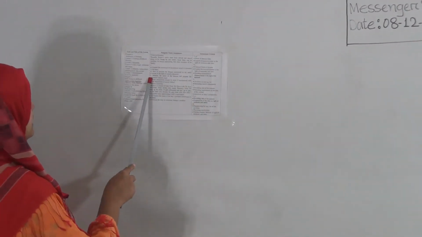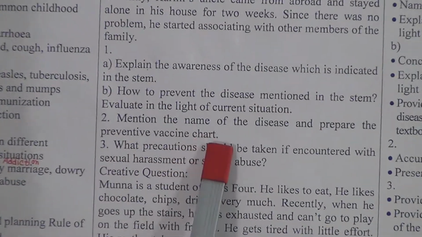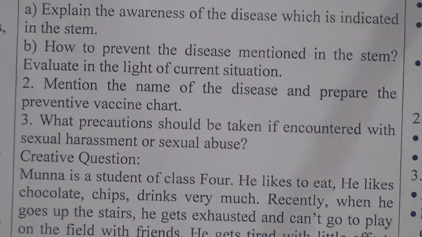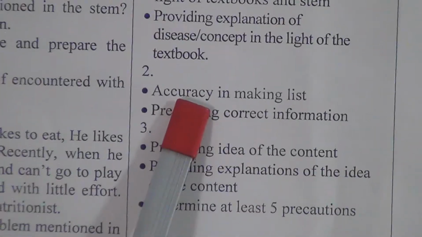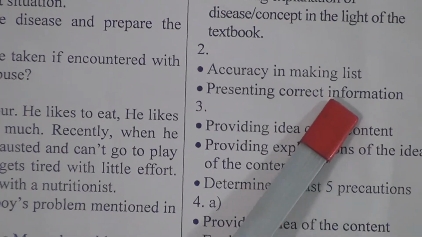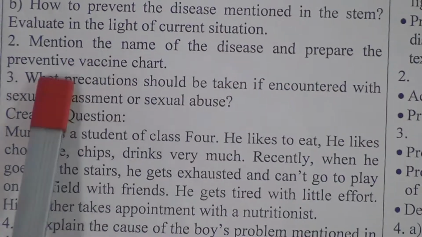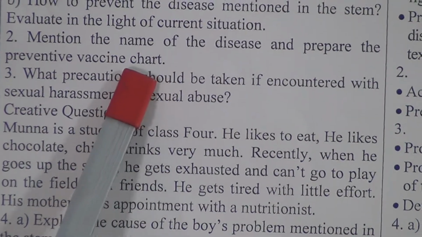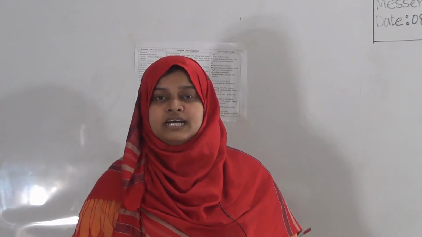Next, question number 2. Mention the name of the disease and prepare the preventive vaccine chart. For this, the assignment criteria is accuracy in making the list and presenting correct information. So students, the question is to mention the name of the disease and prepare the preventive vaccine chart. We know there is no particular vaccine for COVID-19, but we can know about some vaccines mentioned in